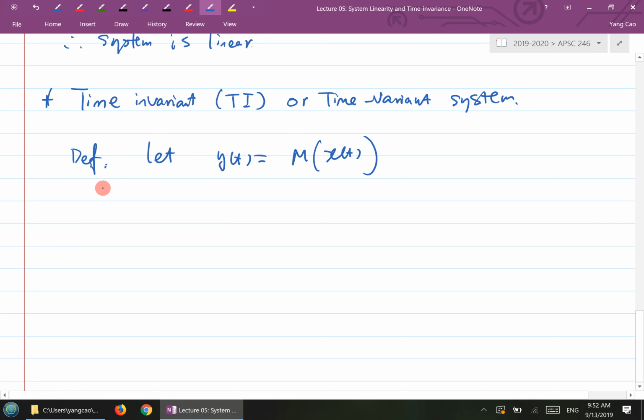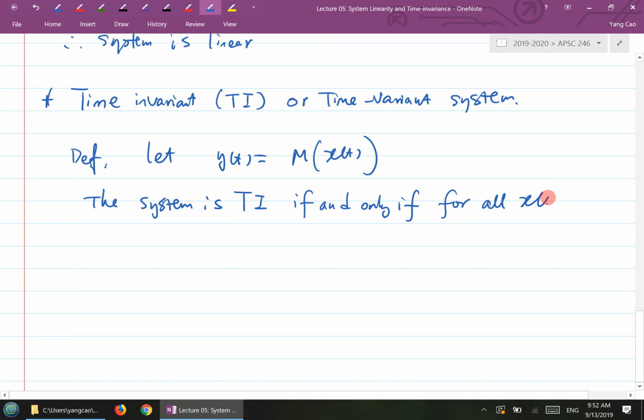The formal definition says this: the system is TI, time invariant, if and only if, for any kind of input x of t and any constant value t naught,